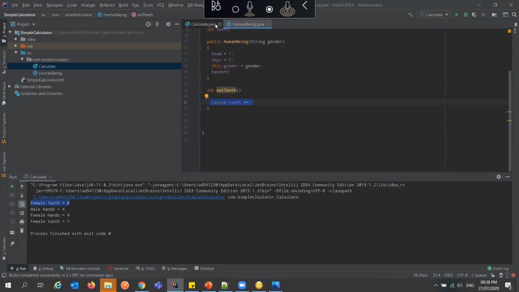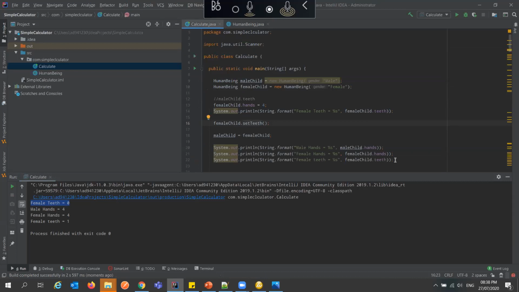So by the time we call the female child teeth here, it has become 1. If you call it again, it becomes 2, then 3, 4, 5, 6, and so on. So we should know that a method performs a particular set of code or function.